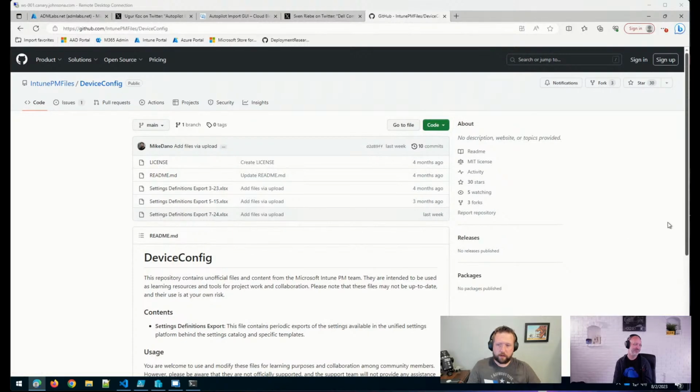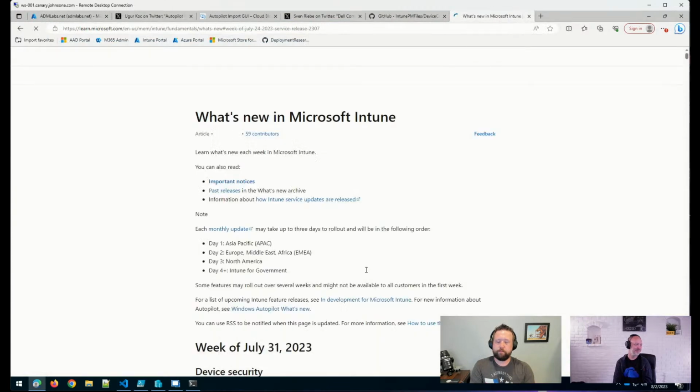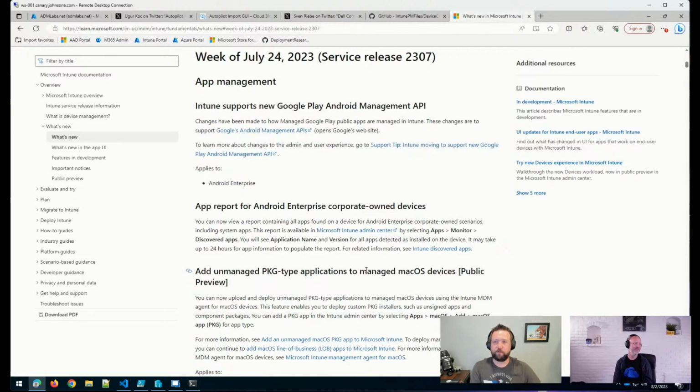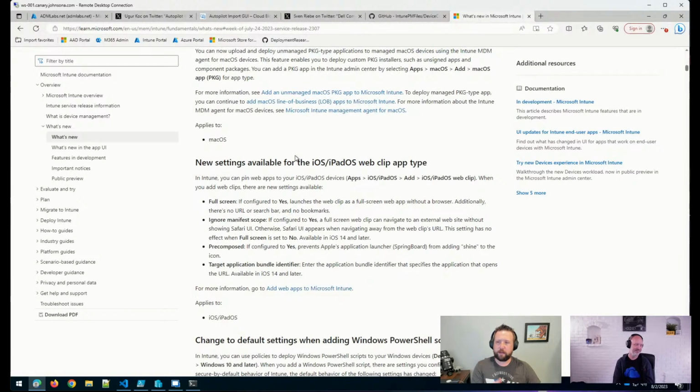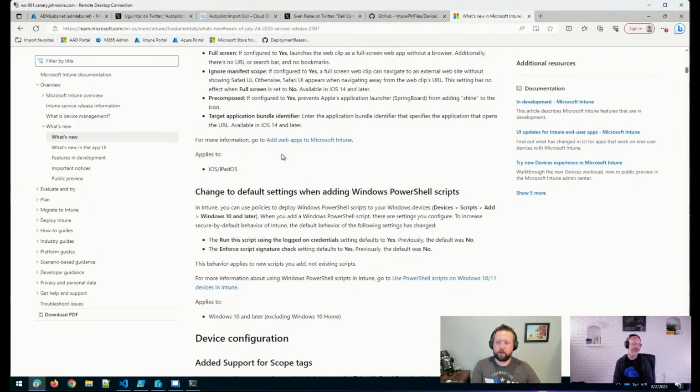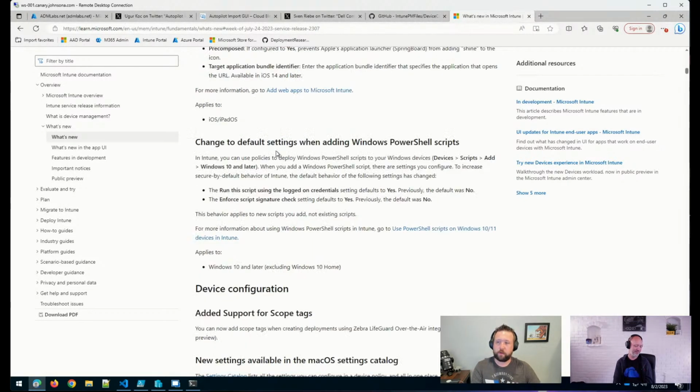Another big announcement on the update front is that we had our monthly Intune release. Intune Service Release 2307 came out, mostly surrounding Google Play, Android, iOS, so not something that Johan and I focus a lot on, but I know that's important to a lot of you out there. One thing that really caught my eye that I believe we talked about a couple of weeks ago that this was coming